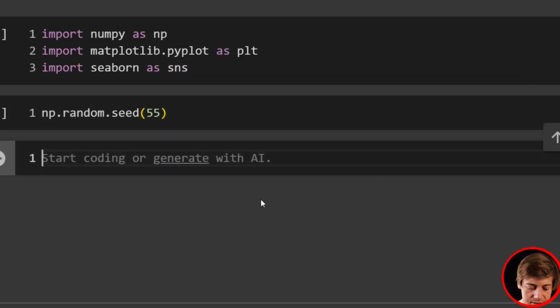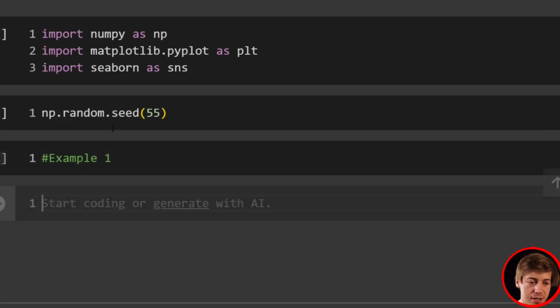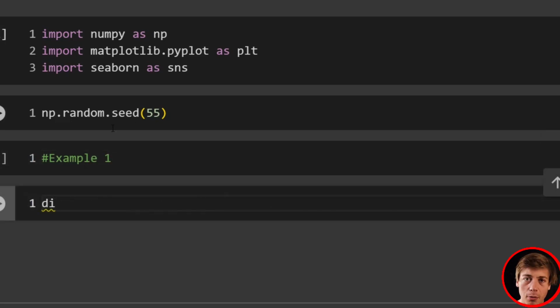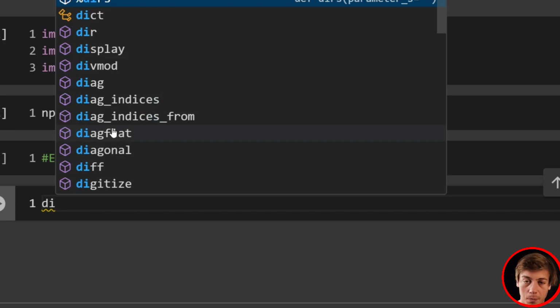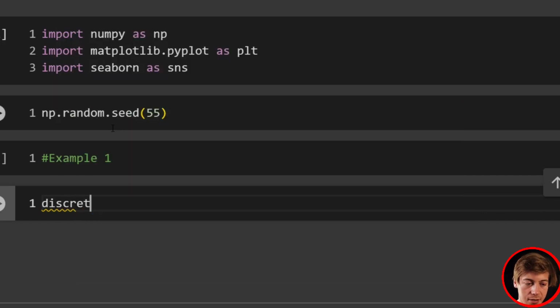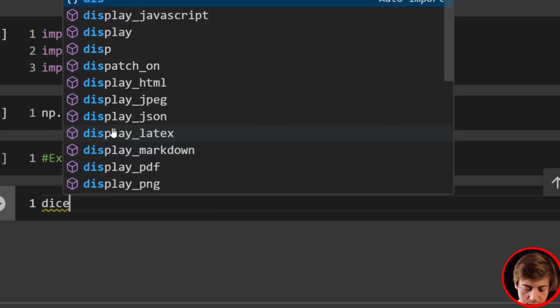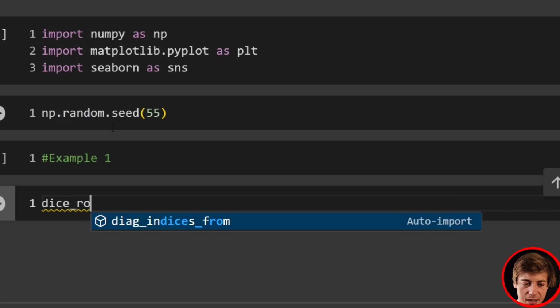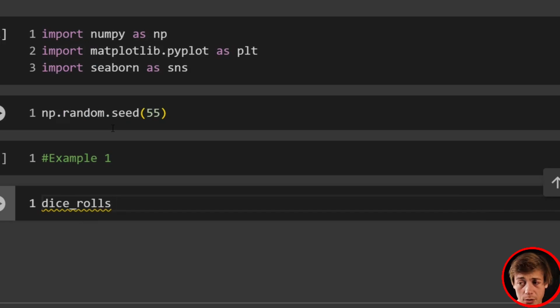So let's take a look at example 1. And this is going to be populating some discrete data. So probably one of the most popular discrete data that is out there for tutorial purposes is dice rolls. So instead of discrete, I'm going to call this dice rolls, because it's pretty easy and simple and straight to the point. So dice rolls equals, and what we're going to do is